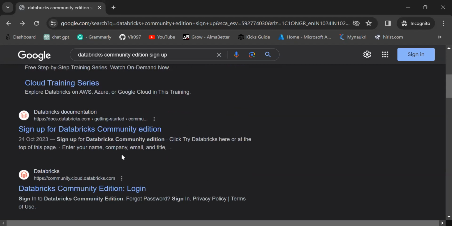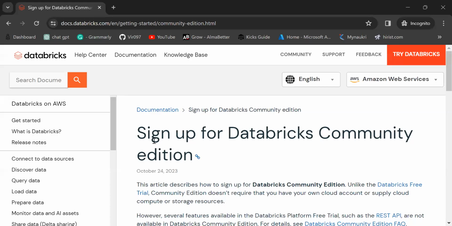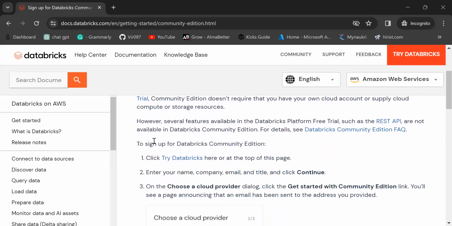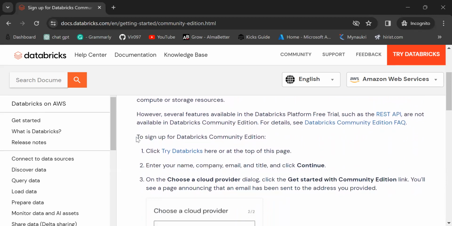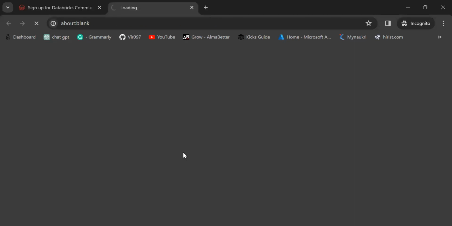for you to practice. So just search on Google for Databricks Community Edition, and click on sign up for Databricks Community Edition. Yeah, so you will land on this page. After that, you have to go to sign up for a Databricks Community Edition. Then click Try Databricks here. Then click on this link. You will be redirected to the